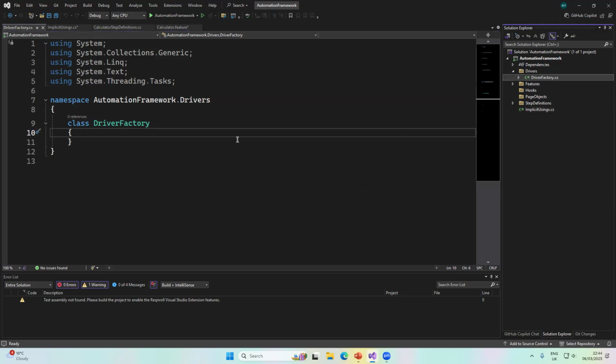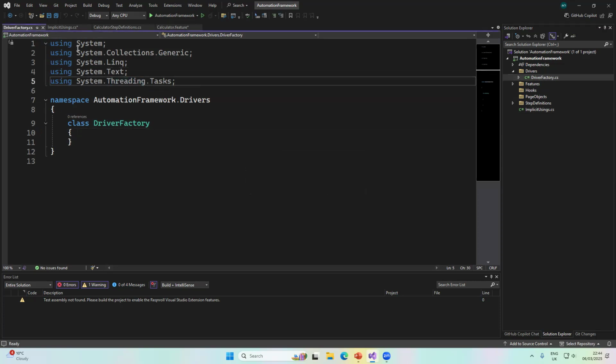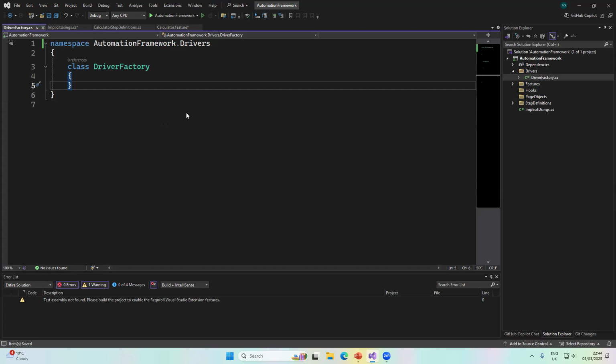We'll start with the driver factory. This is the olden days type of class. If I want to customize it and I don't want to be seeing it every time, if I want to save in the background,